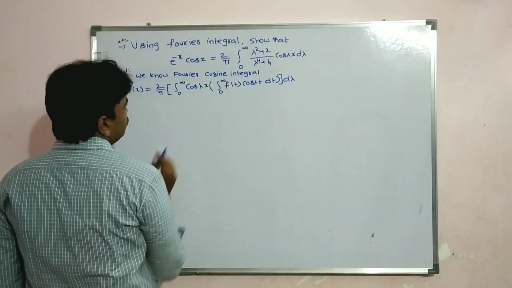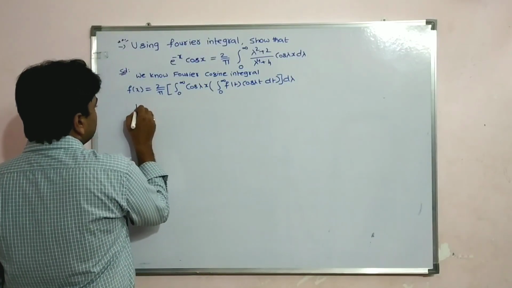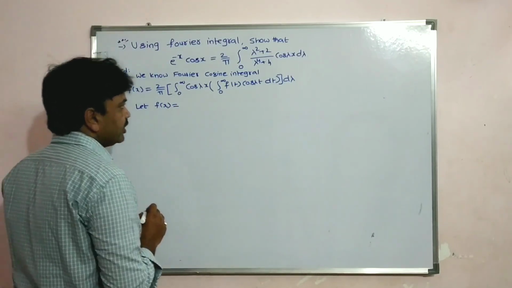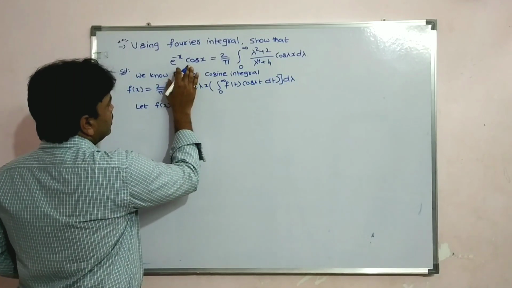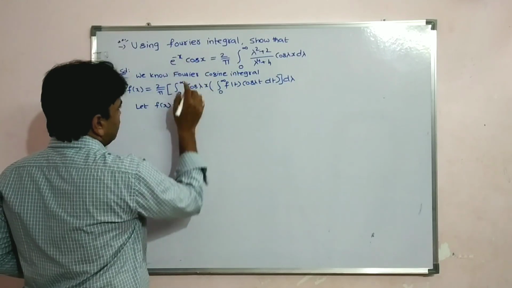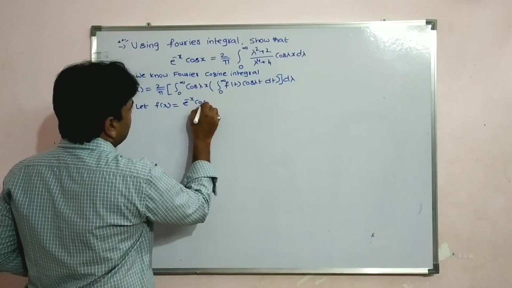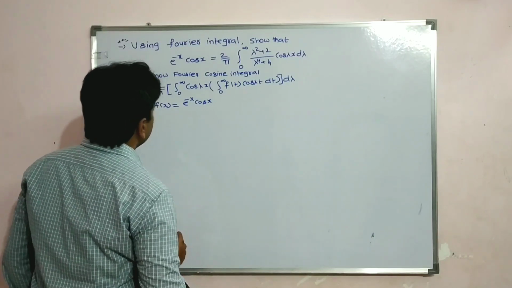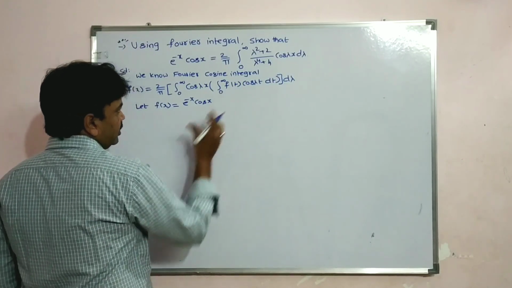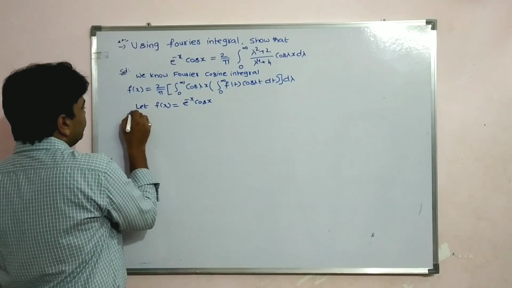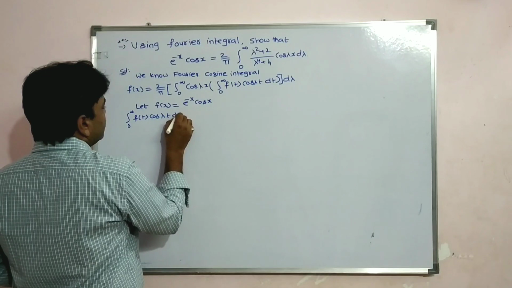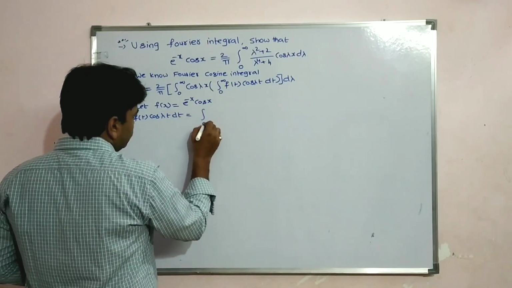Now, here we need f of t, students. So, let f of x be the function on the left hand side, that is, e power minus x cos x. Okay. Now, I want to take the inner integral, students. So, integral 0 to infinity f of t cos lambda t dt is equal to integral 0 to infinity